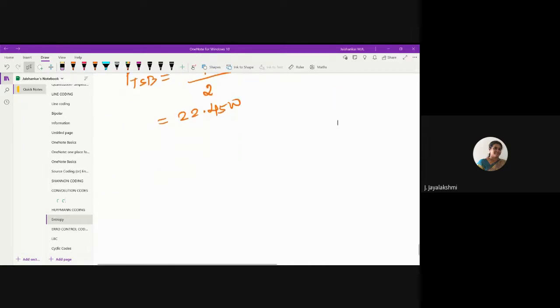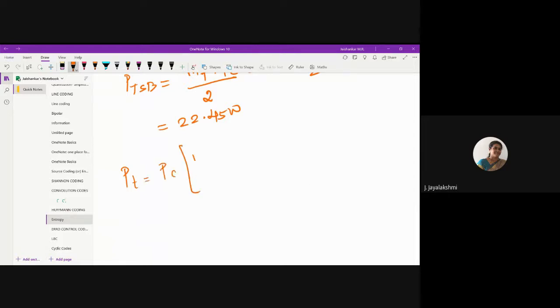So what is the second part? The second part is, this is the sideband power, and now we need the total power. Total power is equal to carrier power into 1 plus... here, instead of taking a single modulating signal's modulation index, you have to take the total modulation index. So it is 100 watts into 1 plus 0.67 square divided by